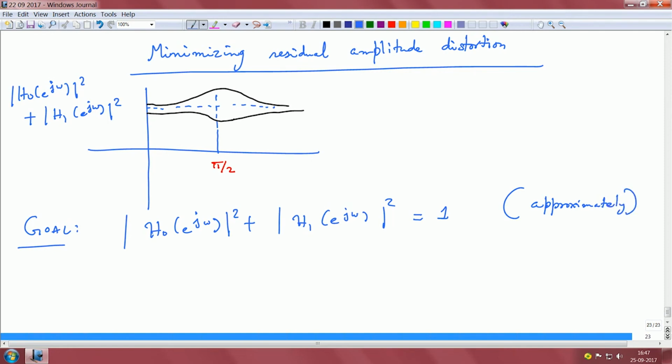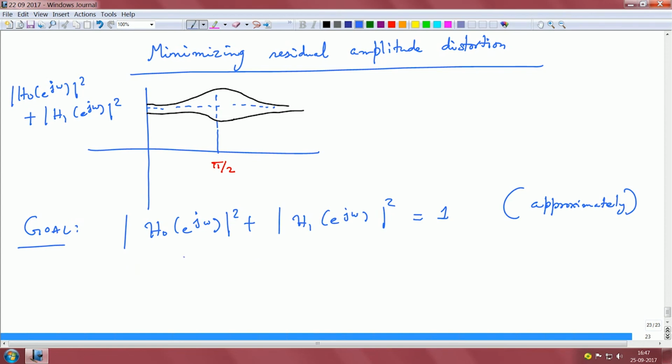And what do we need to do? If this is our constraint, we have to choose the coefficients of our filter H0(z) such that this relationship holds, right. Of course, if you use the QMF property, H1 can be expressed in terms of H0, we know that. So everything can be recast in H0 itself, and then if we recast it in that framework,